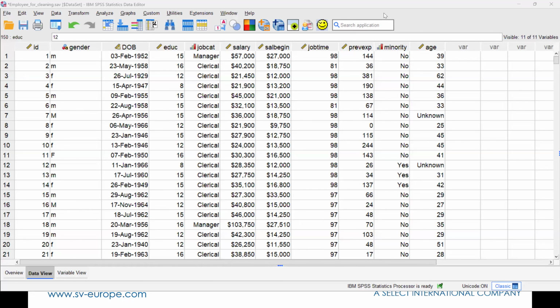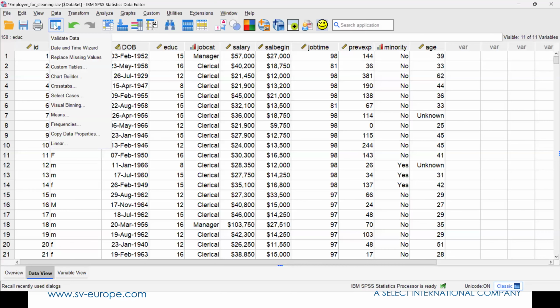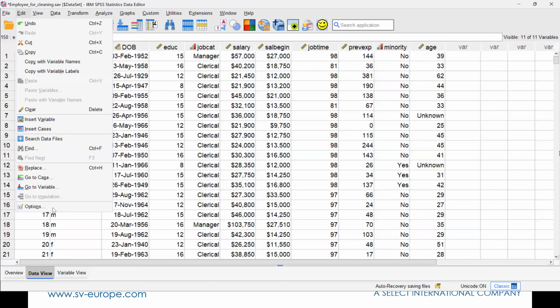Is there a recorder feature in SPSS that records your actions and generates syntax, like an Excel macro? A recorder feature. Yeah, okay, yes, a recorder feature. Yeah, there is. First of all, there is the recall dialog box button, but also if you go to edit and options,